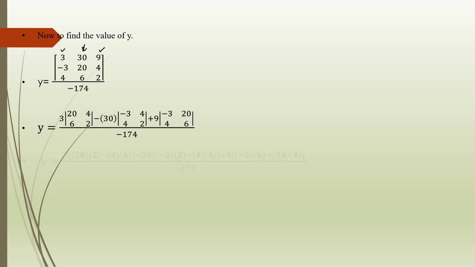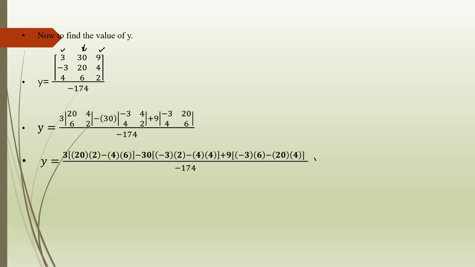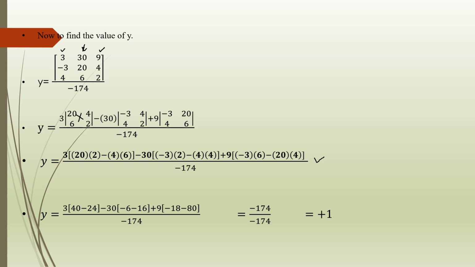Here we did some calculation already. So 3 multiplied by 20 multiplied by 2, 40, minus by cross multiplication, and here we have to put a minus sign. So after this calculation,